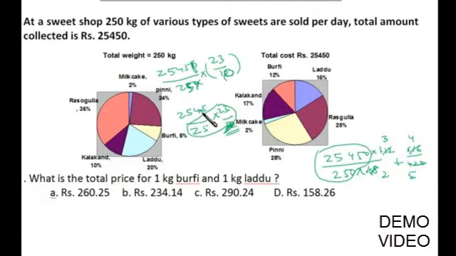Now just see the options, whether you have any option which is having a value a bit less than 254.5. So this is greater than 254.5, so it cannot be the correct choice. Even this cannot be, and it is far lesser than 254.5, so even it cannot be. So we are left with this correct choice only. Okay, so no need to calculate further. I hope you are getting me.